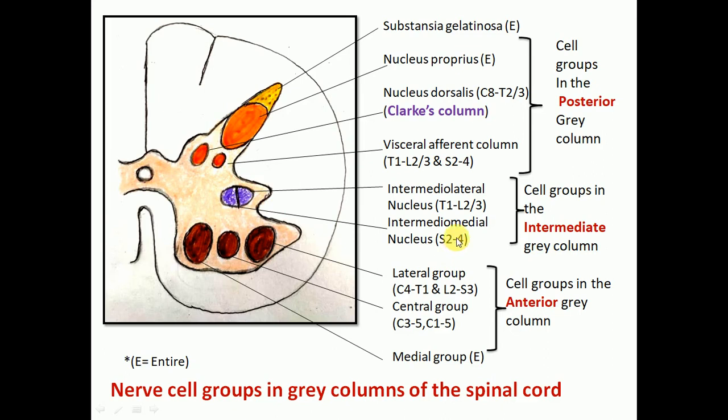So, that is from the sacral outflow, or we can say the preganglionic fibers of the parasympathetic nervous system, and later on they merge with the sacral spinal nerves. Now, the third group present on the posterior aspect has four longitudinal columns, starting from the apex and then passing ventrally up to the base of the posterior gray horn.